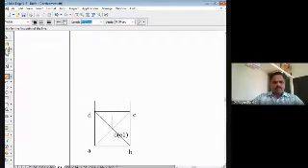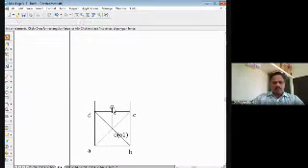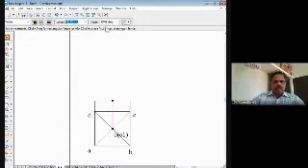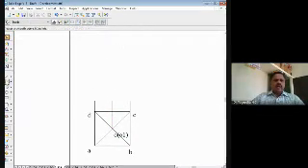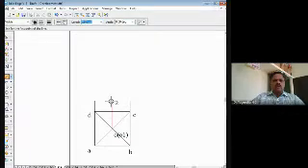Why is it not drawing properly? It should be exactly 90 degrees, so I will give an angle of 90 degrees here. So I have drawn exactly 90 degrees here. Then the height of the solid is 50 mm, so I will take 50 mm here. So this is the height.